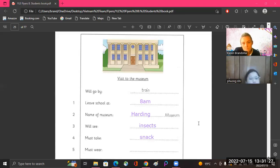Don't forget. And what must we wear that day? Can we wear jeans? No, you're not in school that day, but you must still wear your uniform. Oh. You're going to have a